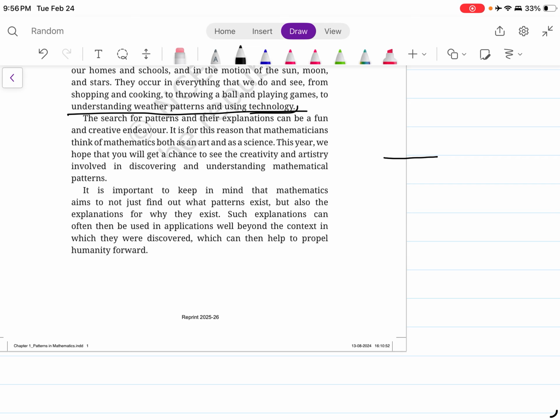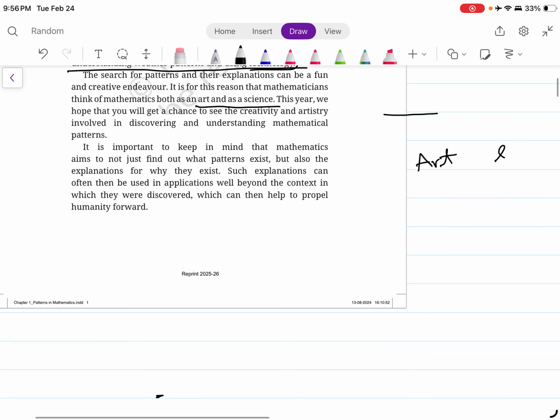It is for this reason that mathematicians think of mathematics both as an art and a science. So mathematics is something where people think of it as an art. It is a creative field, and it is also a logic field. Basically, it's a science. As we hope, we can see the creativity and the artistry involved in discovering